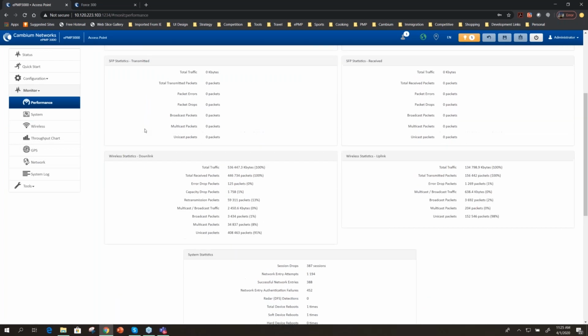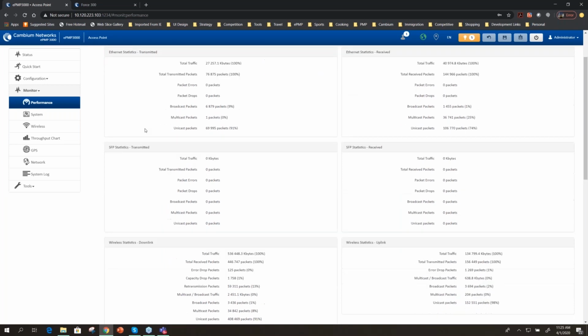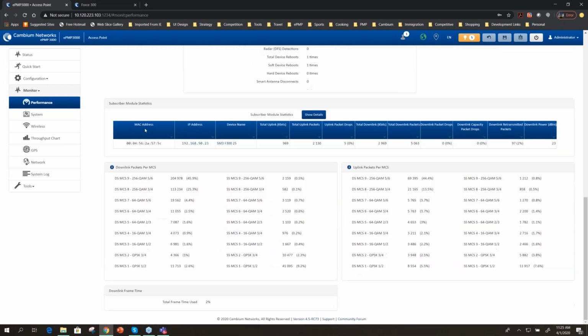this is a key page for you to troubleshoot your network and understand the health of the network. And the most important thing that I want to bring you to is the bottom of the page where you see this MCS distribution. Your goal is to try to shift the percentage of traffic on your network to the higher MCS. This is how you get more throughput. This is how you get a very efficient system running.